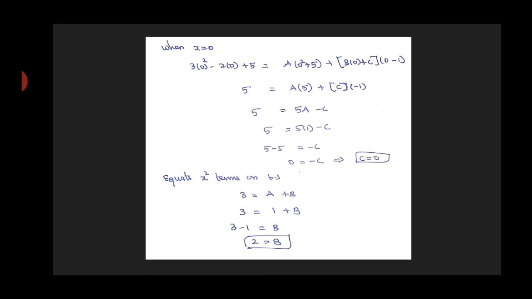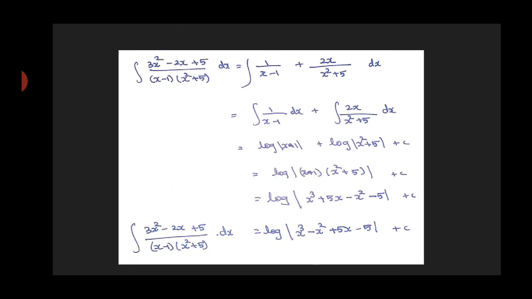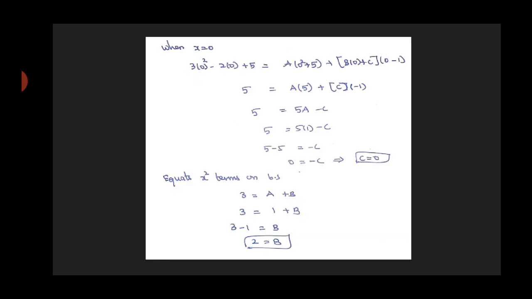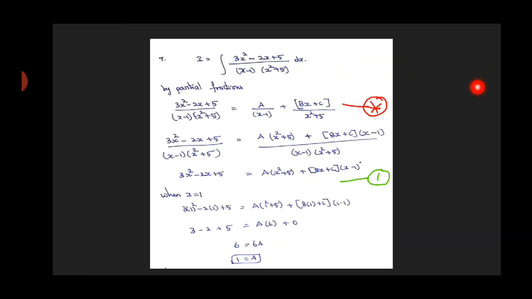So you have b. So we have 3 equal to a plus b. Now a value we know is 1. When you apply 1, 3 equal to 1 plus b. Take the 1 to the other side. So 3 minus 1 equal to b. So b equal to 2. So after knowing all the values of a, b, c, apply in the star marked red color equation.